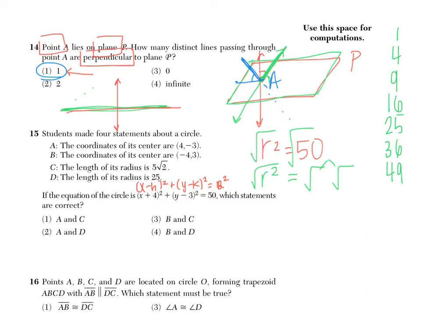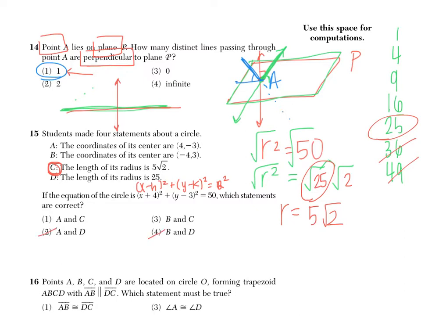So I'm looking through my list and I'm trying to figure out which is the largest number that goes into 50. 49 obviously does not divide nicely into 50. Neither does 36, but 25 does. 25 times 2 actually gives me 50, which means that the radius is equal to square root 25 turns into 5, and then square root 2 just has to get carried down. So student C is correct with the statement,